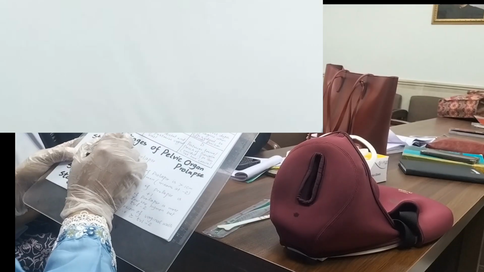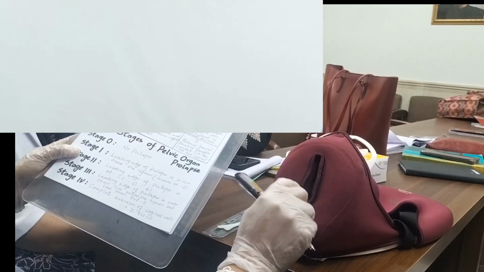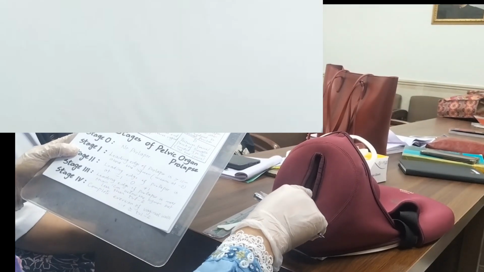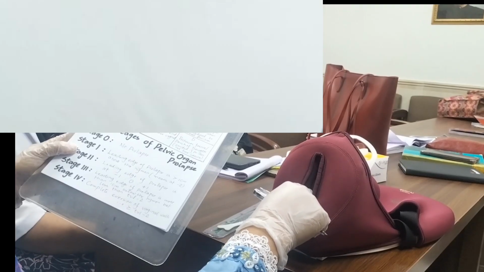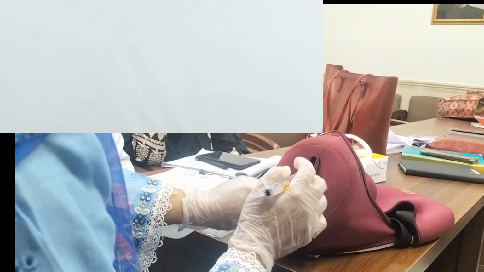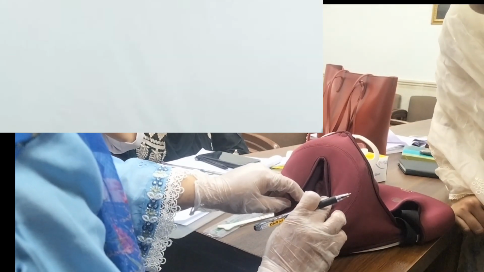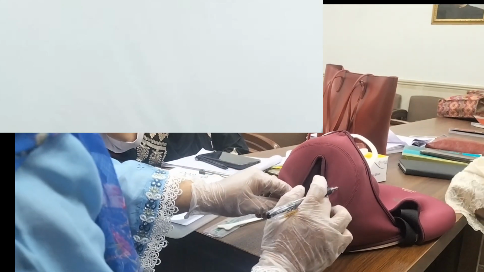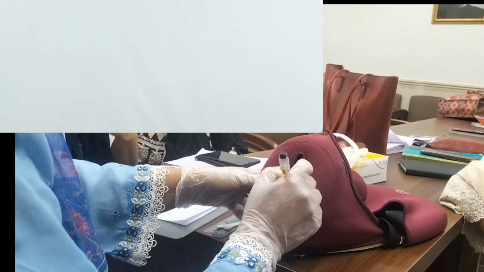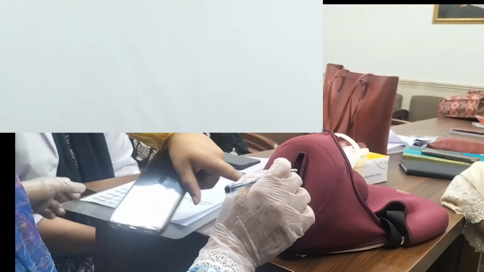Then we come to the posterior vaginal wall. Ap is 3 centimeter proximal to the hymen on the posterior vaginal wall. Suppose here is the hymen. So if we measure 3 centimeter proximal to the hymen, it will be here. You can see this dark point where I have marked in black color. So it will be 3 centimeter inside, 3 centimeter inside the hymen on the posterior vaginal wall.